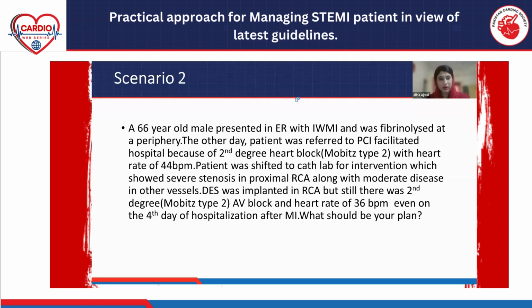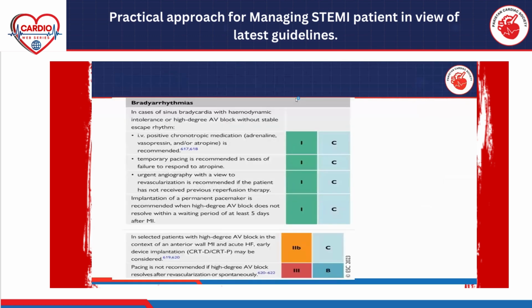In the light of the new guidelines, ESC 2023, here are some recommendations: if the patient is having bradyarrhythmias and sinus bradycardia with hemodynamic compromise, or high degree of block without a stable escape rhythm, as our patient is having just 36 beats per minute, IV positive chronotropic medications like adrenaline, vasopressin, atropine are recommended. Temporary pacing is also recommended. And urgent angiography is also class 1. As we have done the urgent angiography